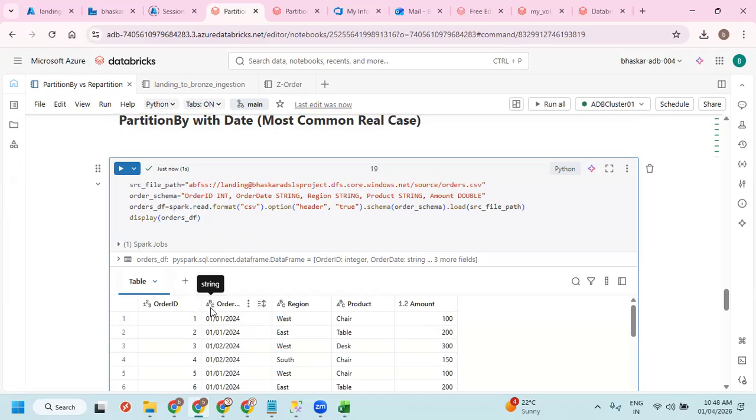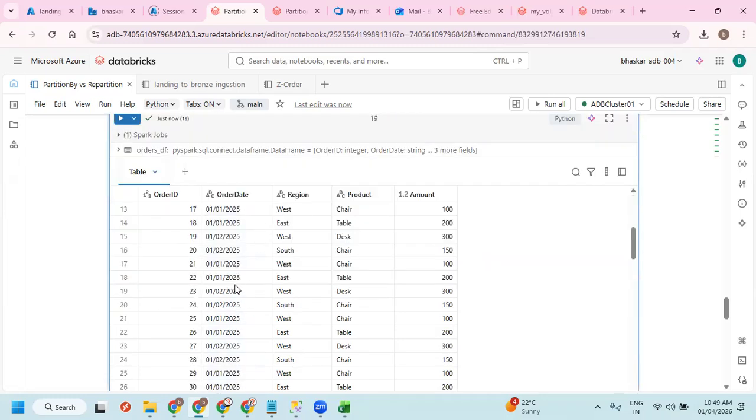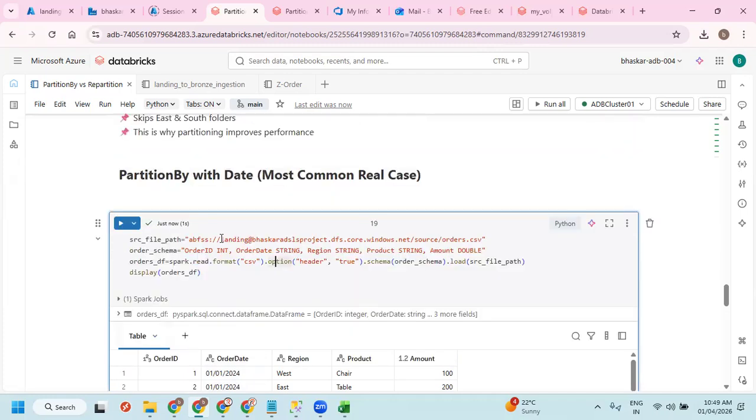So this is coming as a date column, or rather, to change this column to the date format, I think it is the DDYY format. Let's see.